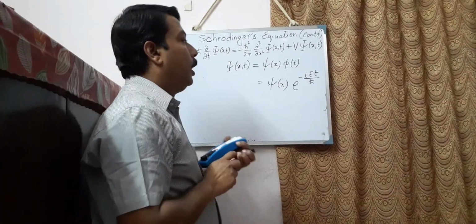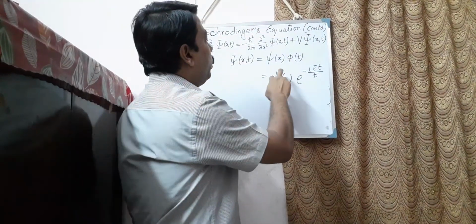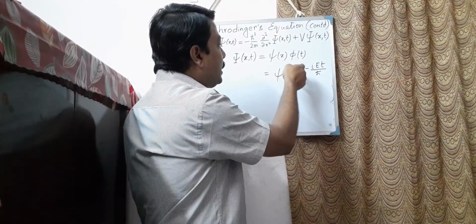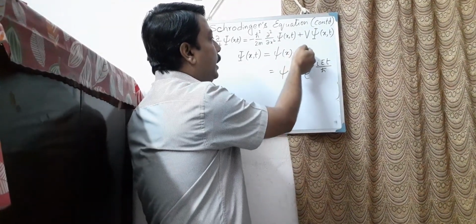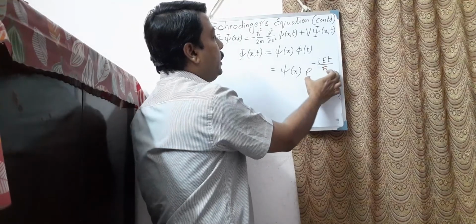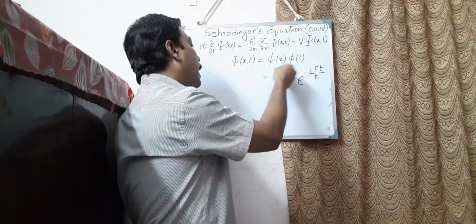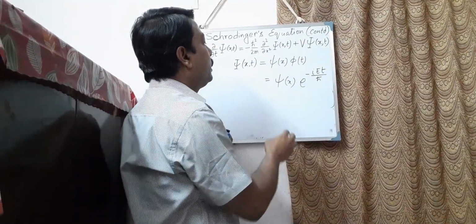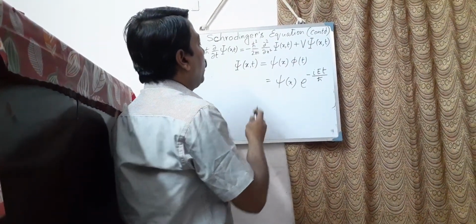Now many may ask, I had a C in phi t, where did the C go? That C constant, you see, when you solve for psi x will also have some constant. So the C that we had in the phi t solution, I am taking it inside psi x. So I just keep this e to the power minus i E t by h cut as my phi t, and whatever constant I have, I consider it inside psi x. So this psi x into e to the power minus i E t by h cut is going to give you the complete wave function.